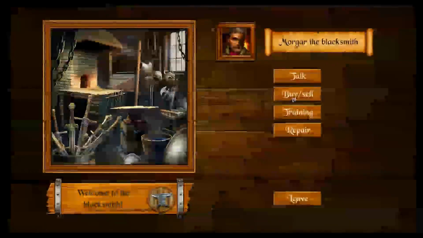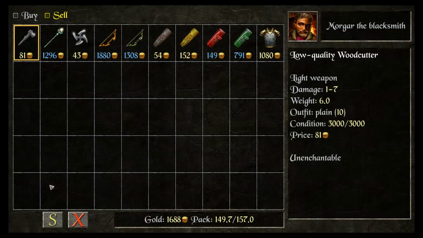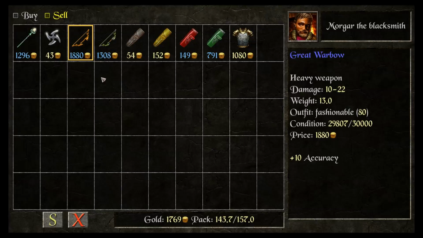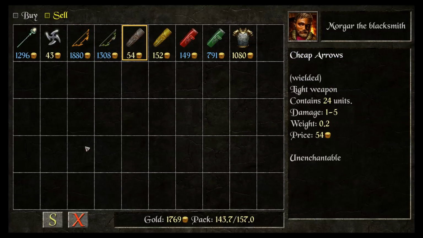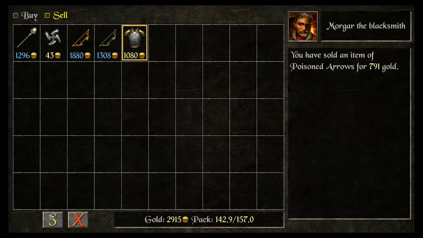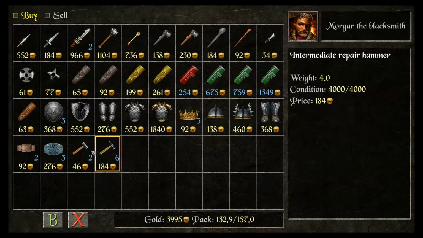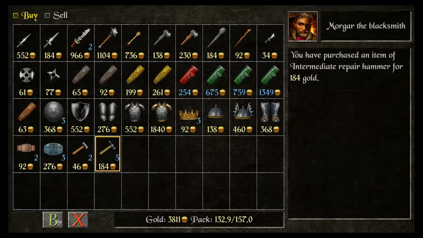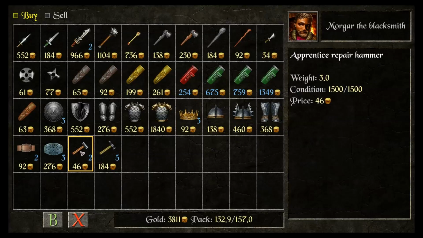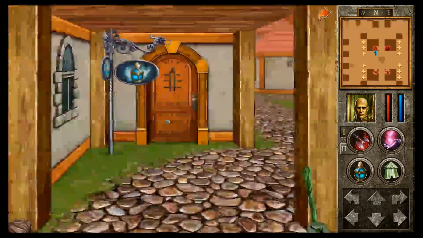Alright. Do you have anything to sell? These arrows, because I'm not actually planning to use them. And the scale mail. Let's go with intermediate just because I feel like he's gonna go, oh, never mind. This apprentice isn't enough. And since we're